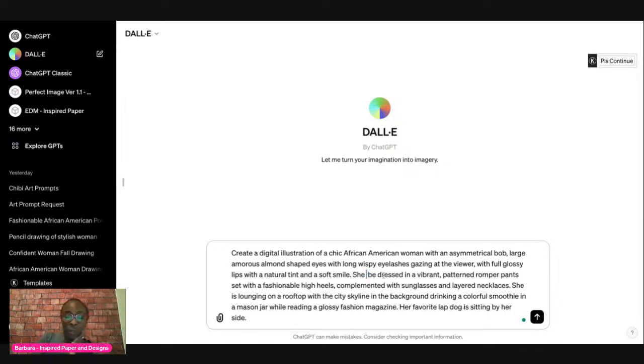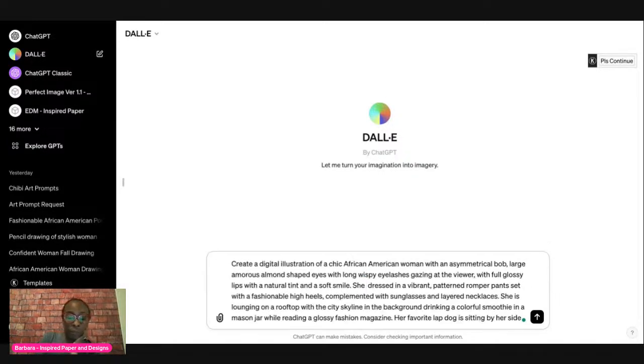She is dressed in a vibrant patterned romper pant set with fashionable high heels, complemented with sunglasses and layered necklaces. She is lounging on a rooftop with the city skyline in the background, drinking a colorful smoothie in a mason jar while reading a glossy fashion magazine. Her favorite lap dog is sitting by her side. All right, guys, I'm curious to see how this is going to turn out. All right, let's see what happens.